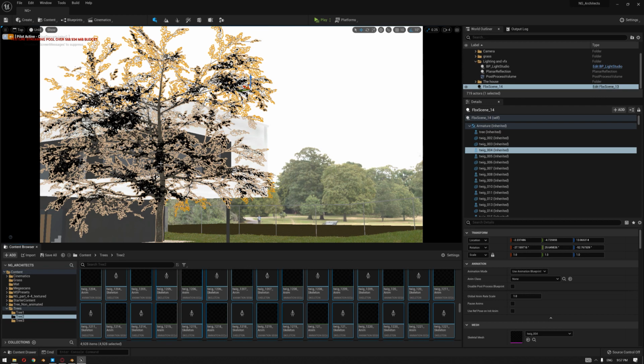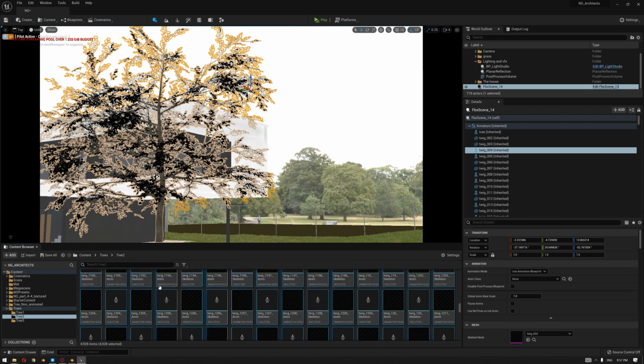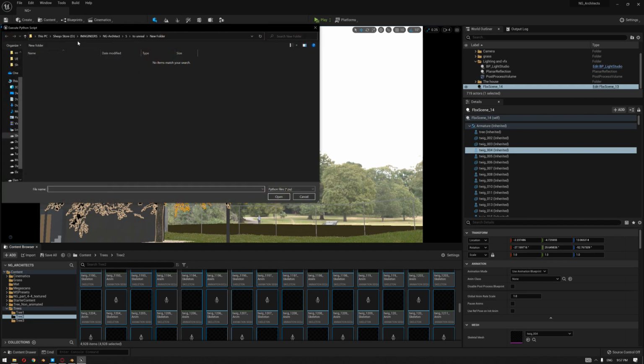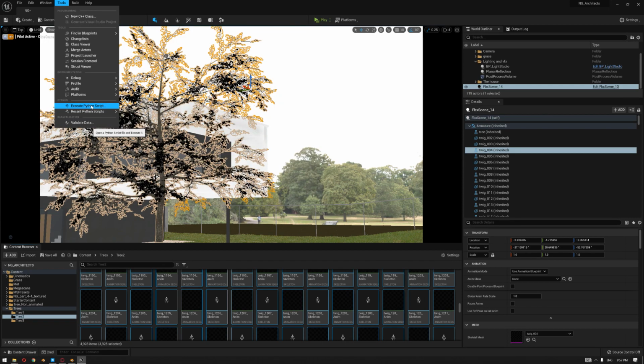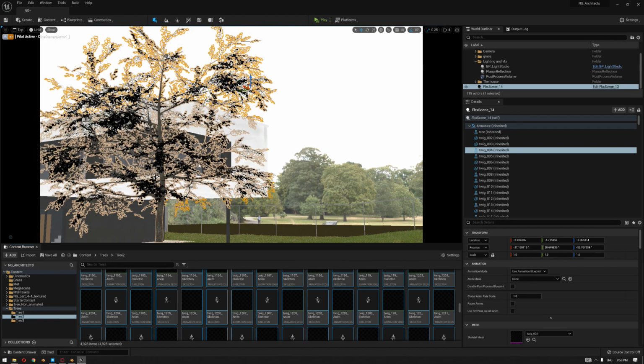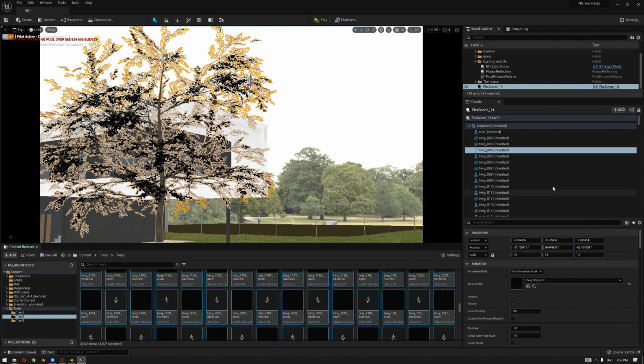So I'm now selecting the actor, which is the tree, and all the content browser, basically all that is there inside the folder where we imported our tree, and then executing the Python script, which you will find in the description below in the GitHub page of Ahmed. So I'm going to select the Unreal Engine assign animation, open it, and in a fraction of a second, it's done. Every skeletal mesh has its own animation assigned in less than 2 seconds.